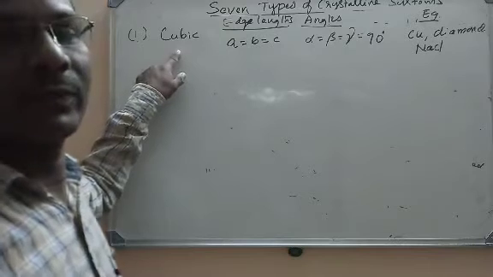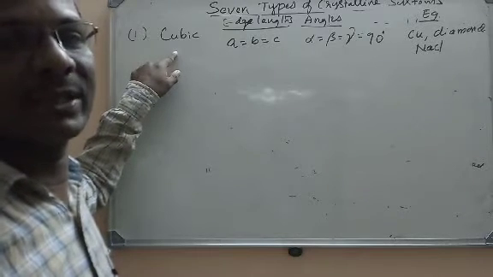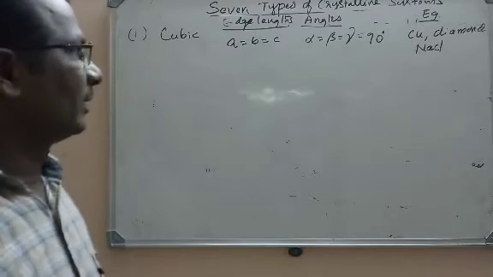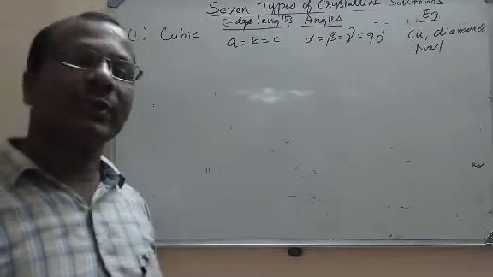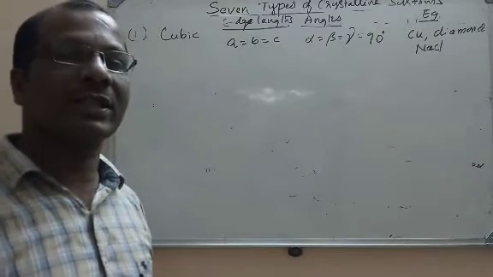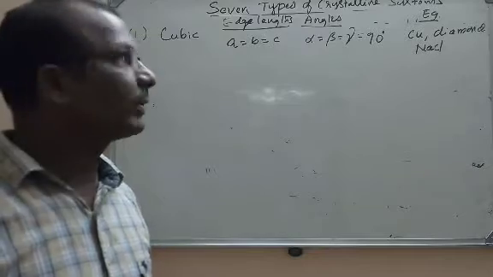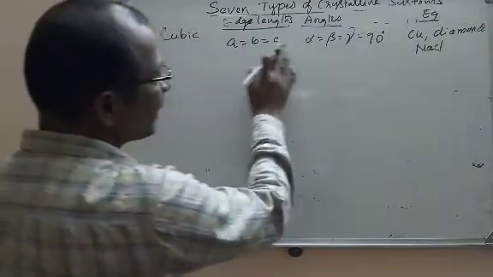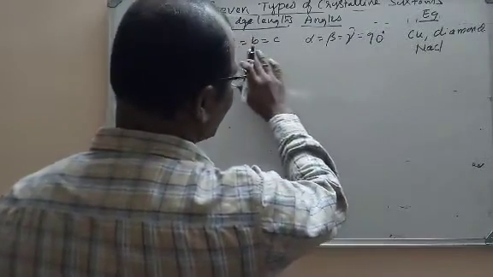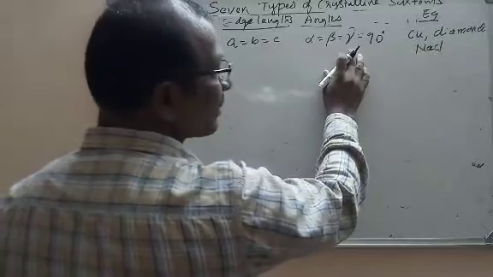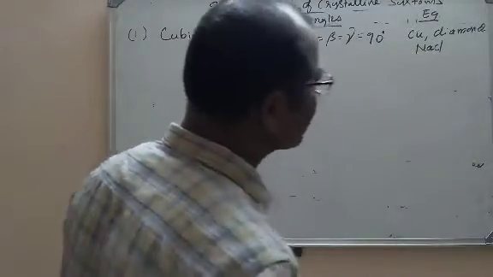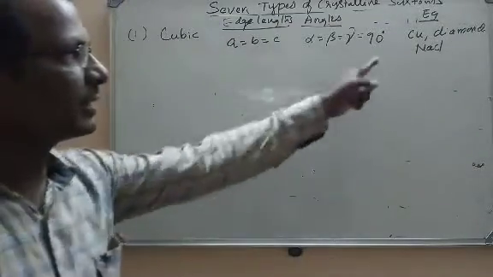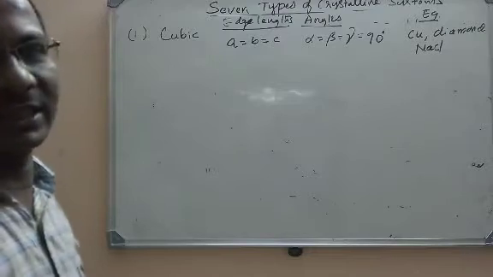But in cubic I told you how many arrangements are possible? 3 arrangements: primitive, body centered and face centered. I will draw some of the structures, but we don't need to learn the structures, only to understand. I will draw here, but it is very important for objective types of questions. So first cubic means A is equal to B is equal to C, and alpha is equal to beta is equal to gamma is equal to 90 degrees, and examples are copper, diamond, NaCl, etc.